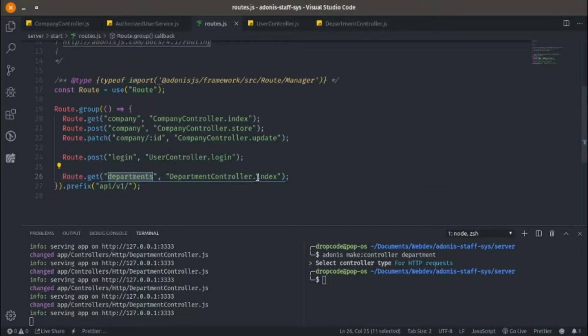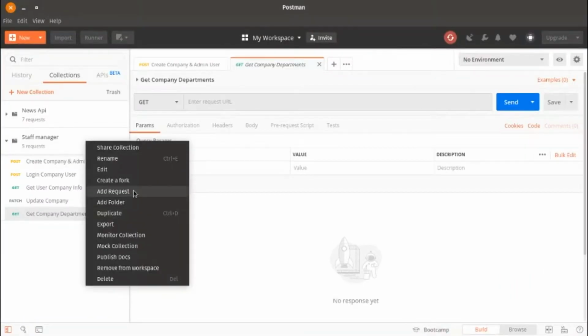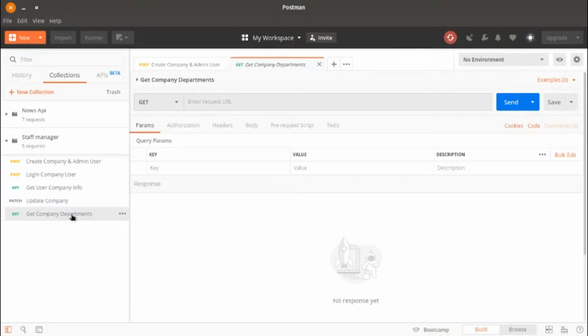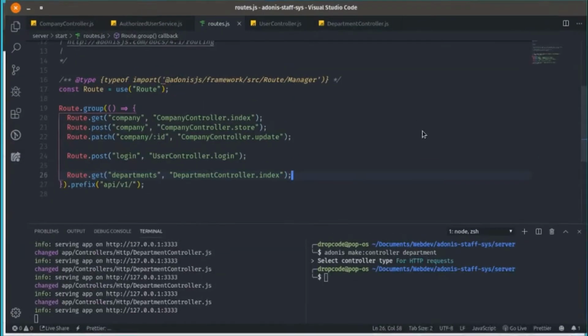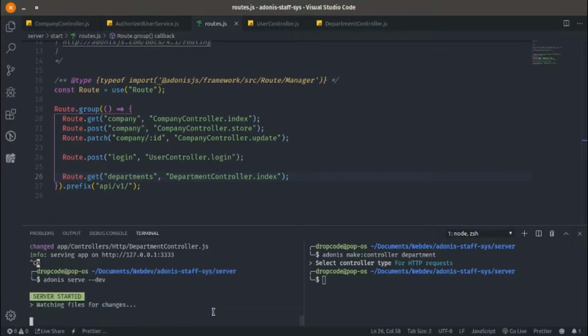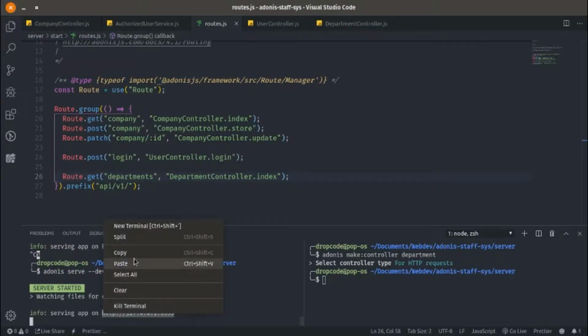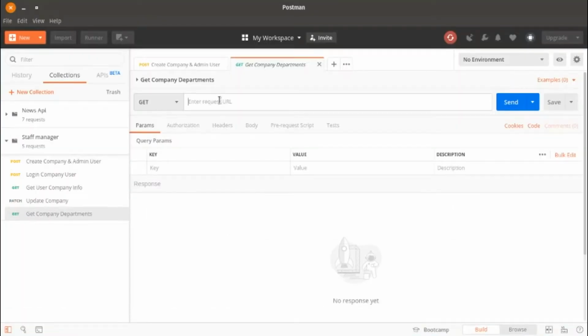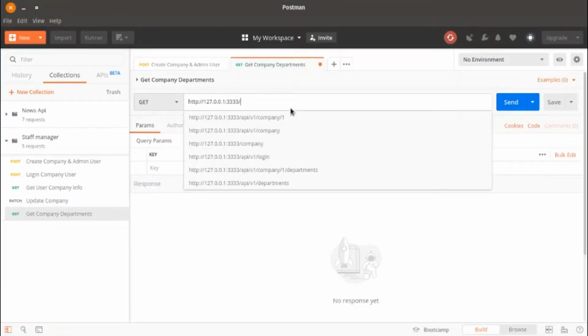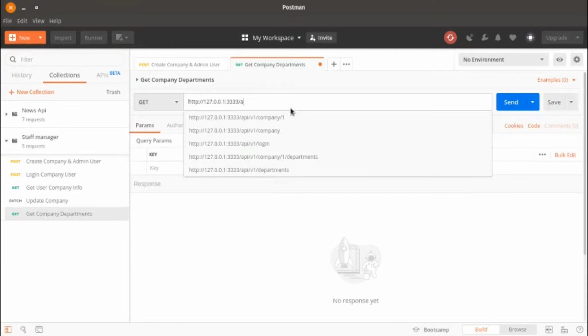Yeah, departments, then department controller dot index, which is targeting the index method. So let me open up Postman, then remember to create a request, and I called it get company departments. Let me quickly start my server, because if I don't start the server, I'm not going to be able to check that. So restart my server, get this URL copied, then head back over to Postman, paste that, then slash,